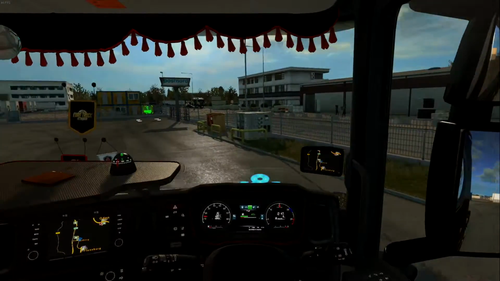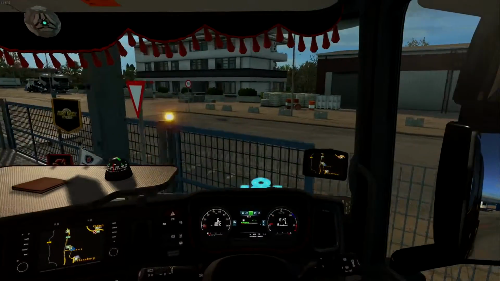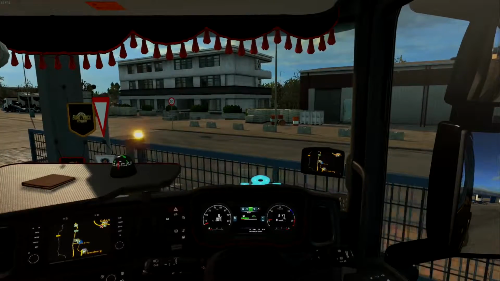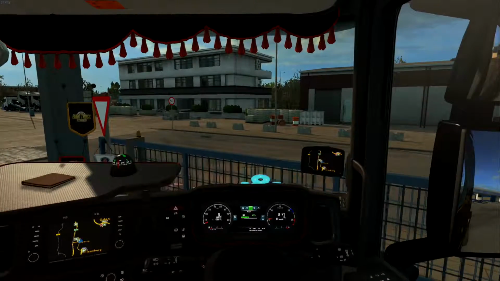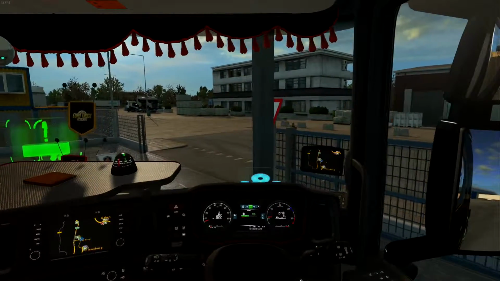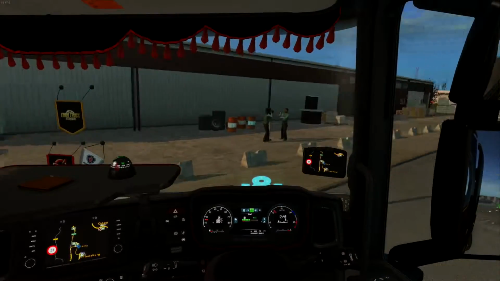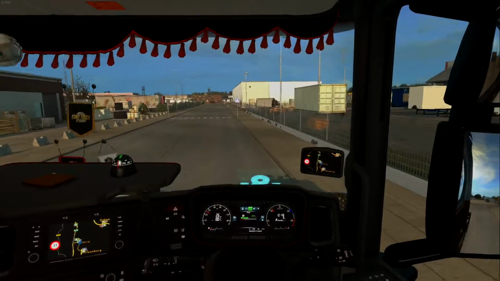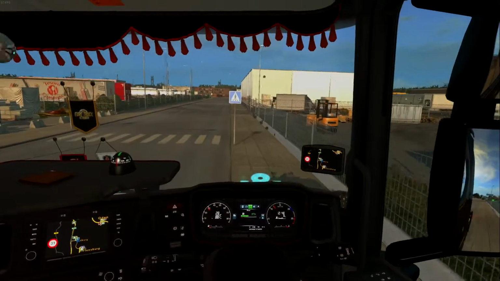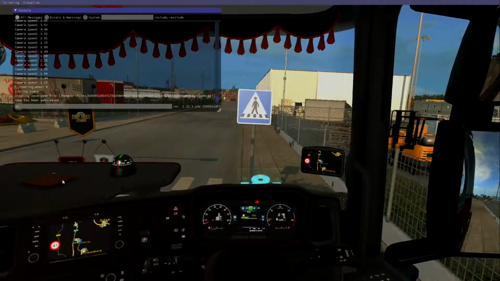don't have TrackIR on at the moment, I'm moving my steering wheel, but you can see that it looks weird because there's no steering wheel here, but I am moving my steering wheel in game, and it just adds that sense of realism. But I mean, I want it back, so